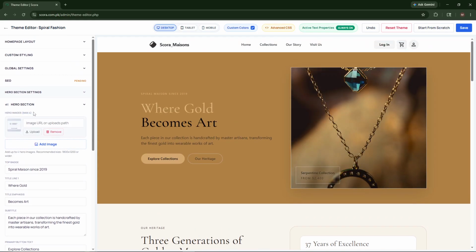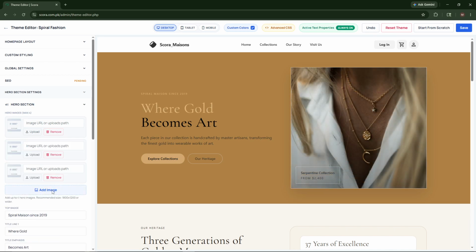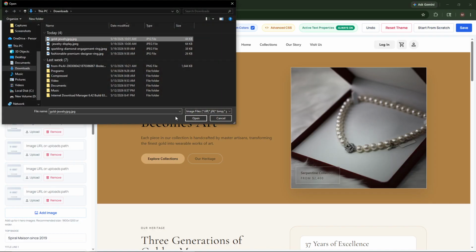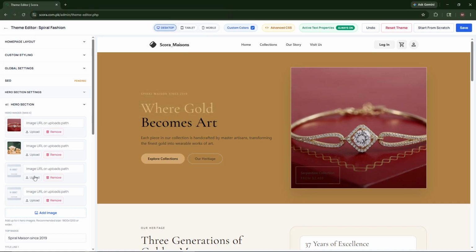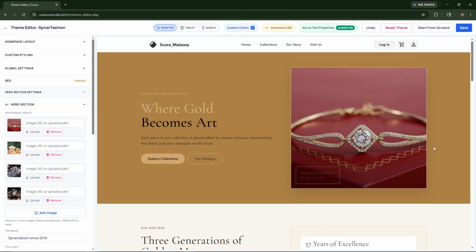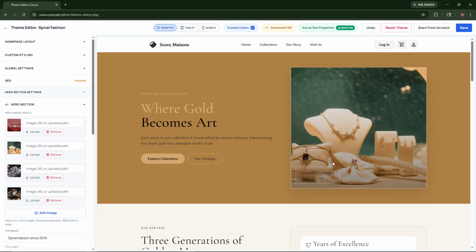Now, as for images, these are slides and there are default images, and you can add max 4 images. So if you want to change and add new images, just add 4 images and now upload. There is first one. Now this second image, third image, and this fourth, the last image. Now as you can see, the images are updated, and in the slideshow the new image will appear instead of the default images. As you can see, here it is.